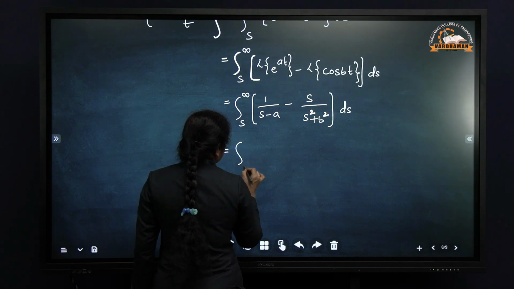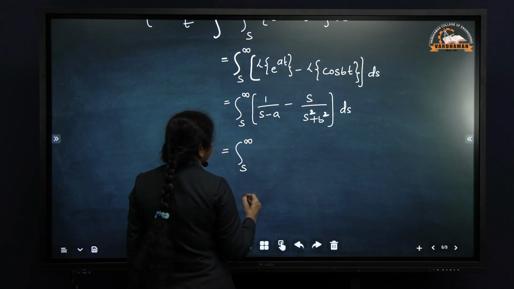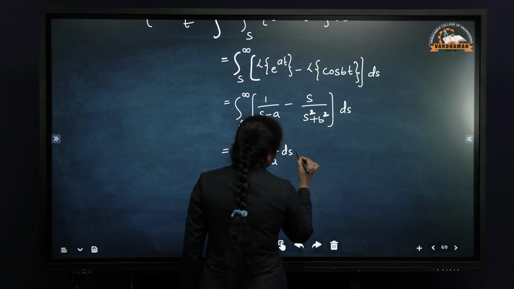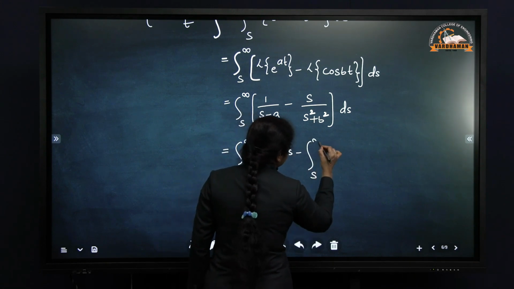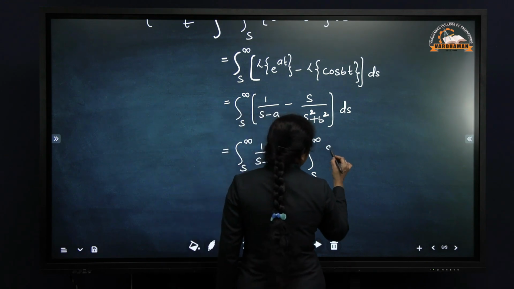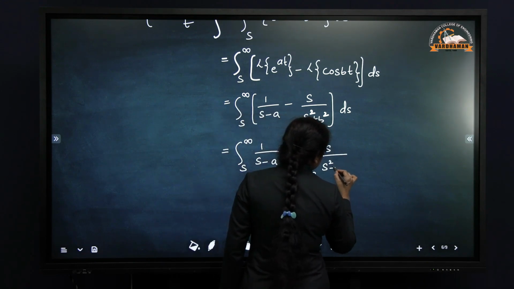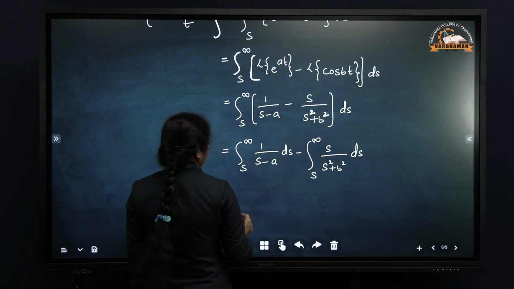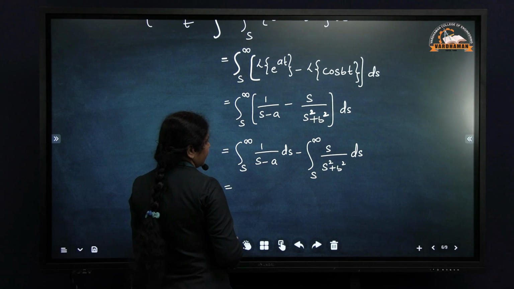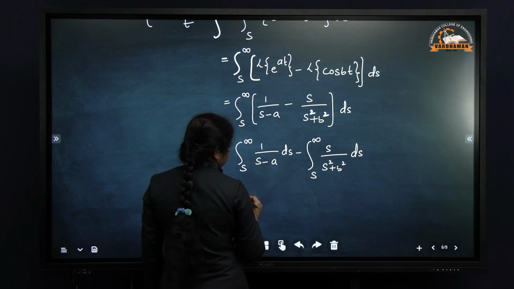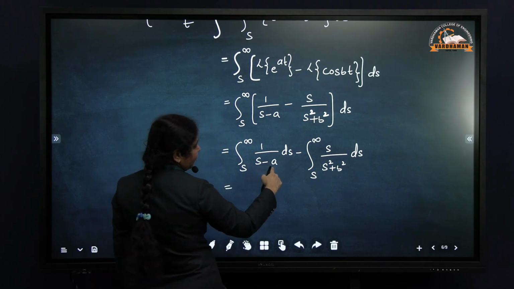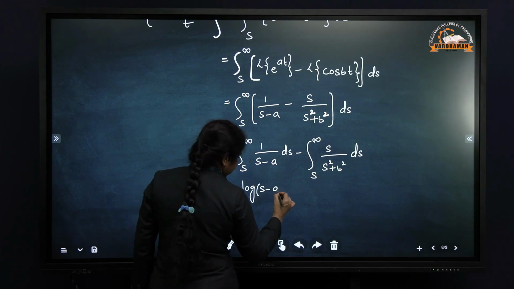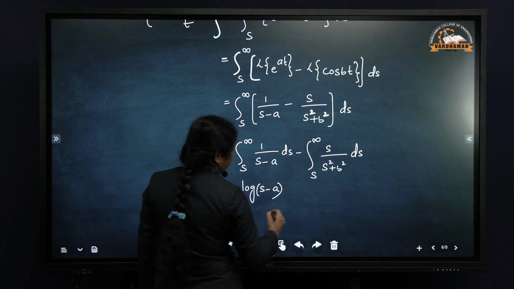Now splitting the terms, we get the integration from s to infinity of 1 by s minus a ds, minus the integration from s to infinity of s by s square plus b square ds. And as we know, the integration of 1 by x dx is log x. So the integration of 1 by s minus a ds is log s minus a, minus,